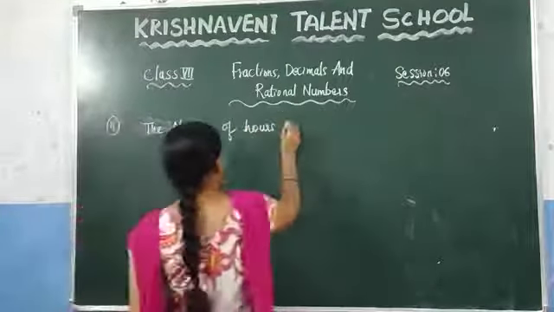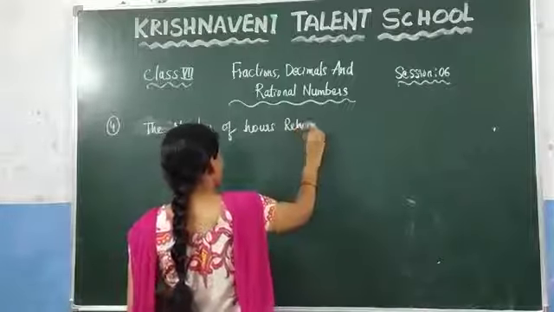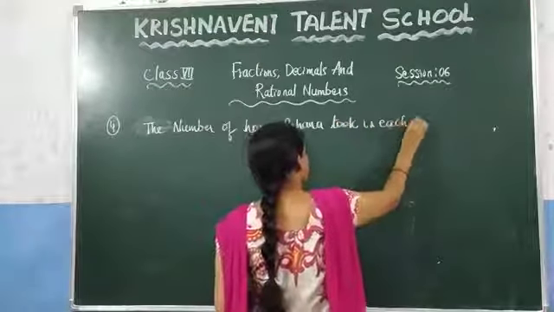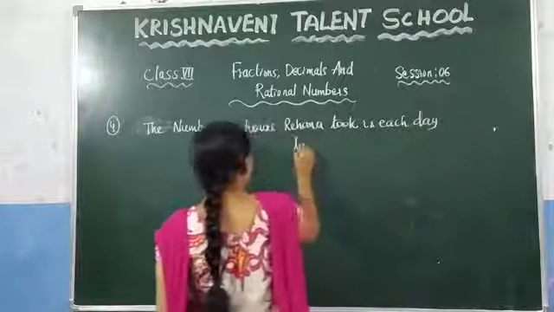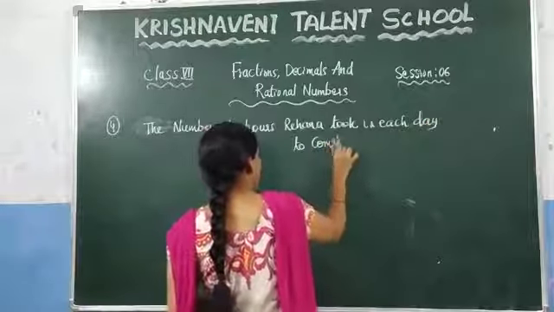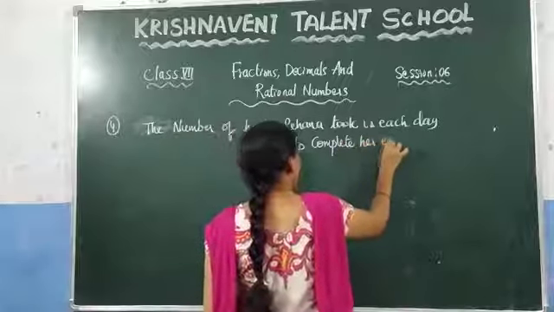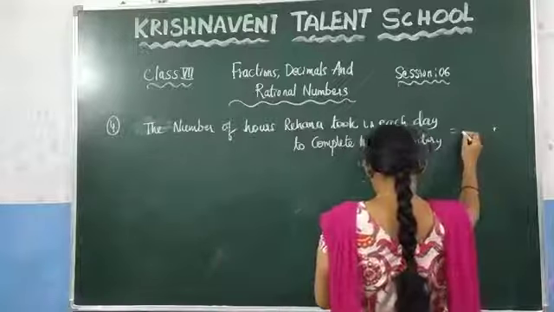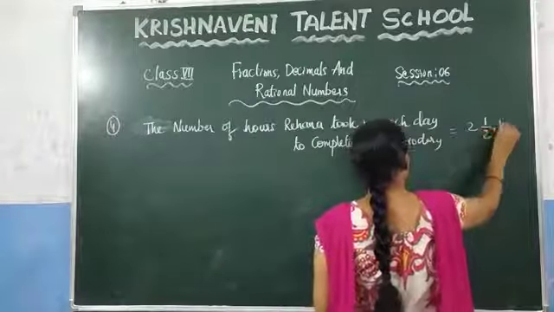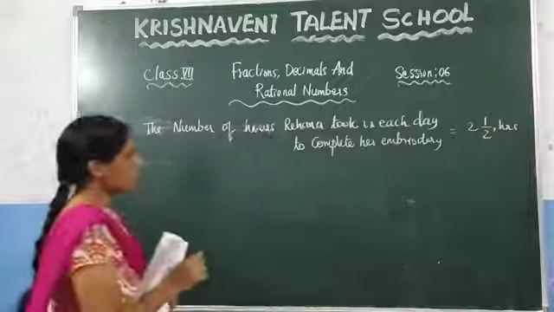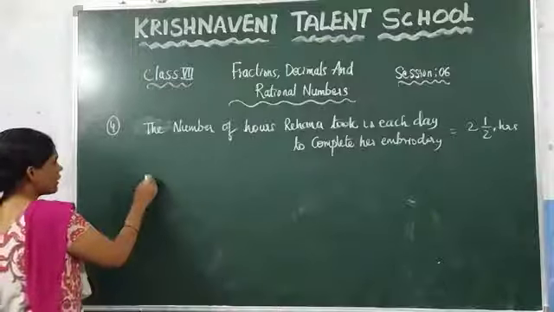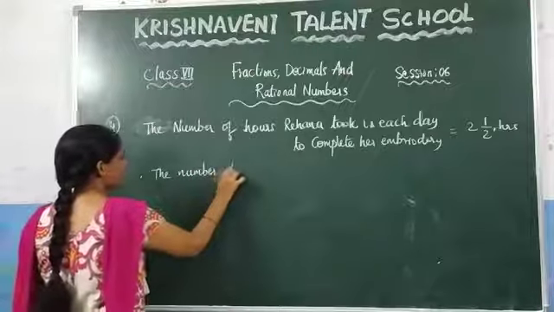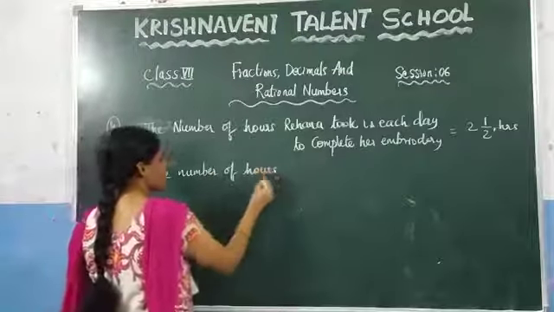The number of hours Rehana took in each day to complete her embroidery. How many hours have they given? In each day she is taking 2 1/2 hours. Now you need to calculate here in 7 days. So write it here. Therefore, the number of hours she can take